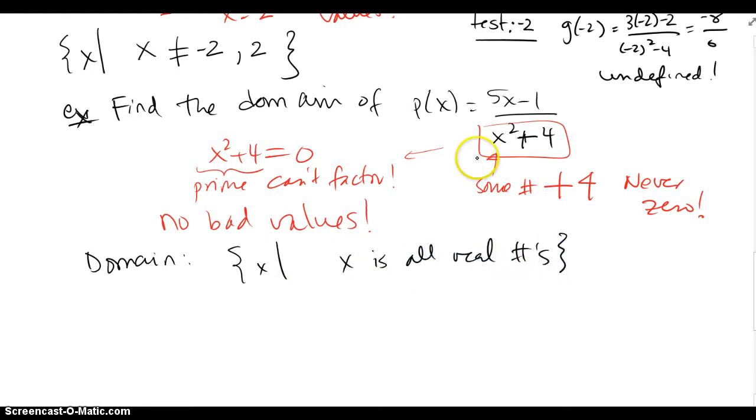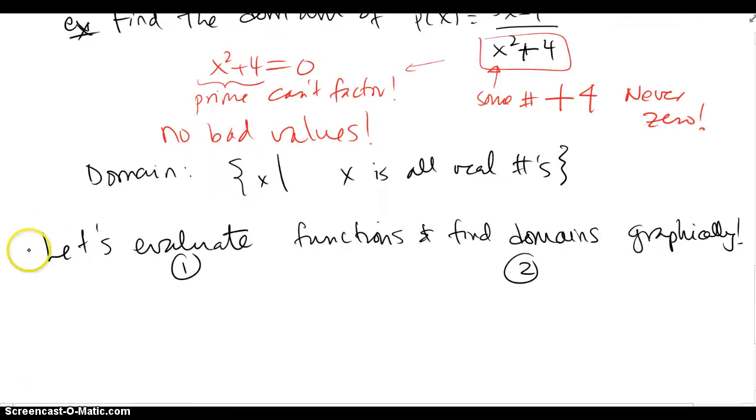So again, I wasn't able to solve the quadratic equation and pop out my solutions by factoring. And if I analyzed it also, there's no way the denominator becomes 0 ever, so the domain is all real numbers. Every single input I give it will give me a good output back out. So next task, let's evaluate functions, which was the first thing we did, and also find domains graphically. So both things that we did by looking at it in algebraic form, we're also going to look at it